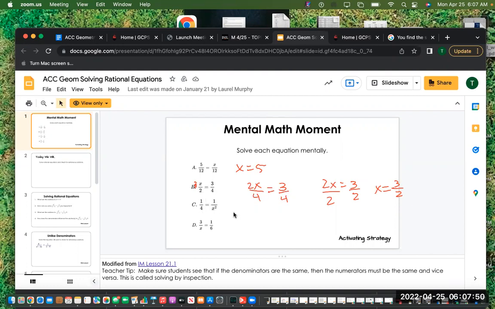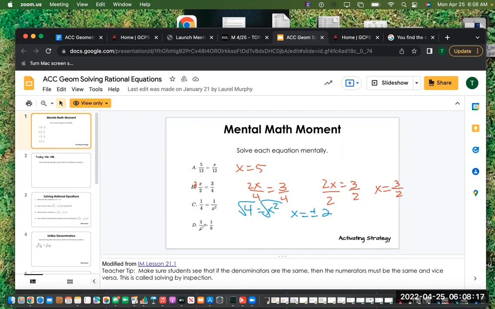Over here, since the top is the same, I'm going to set the bottoms equal to each other and then solve. If I took the square root of both sides, I would get x equals, now this one you could actually have two different things, positive or negative 2. So it could have 2 answers since it's a quadratic. And then over here,